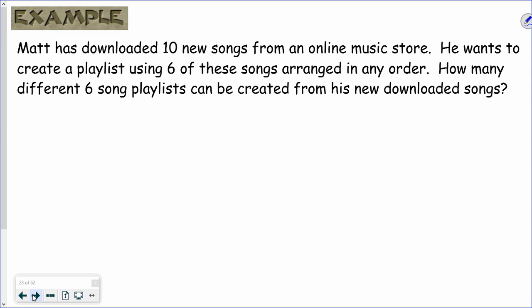Next example says Matt has downloaded 10 new songs. He wants to create a playlist of 6, arranged in any order. So that means that the order is going to matter. When order matters, I do a permutation. So I have 10 songs. I need to pick 6 where order matters. 10P6 is